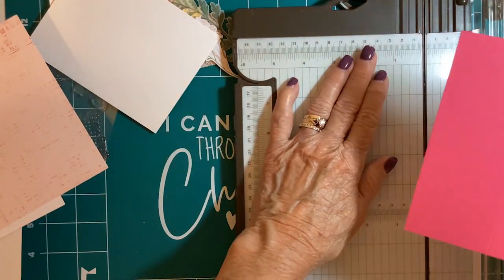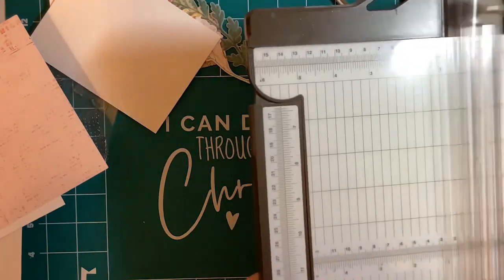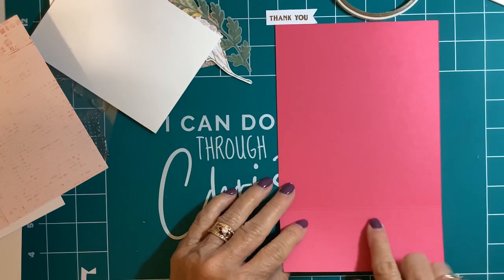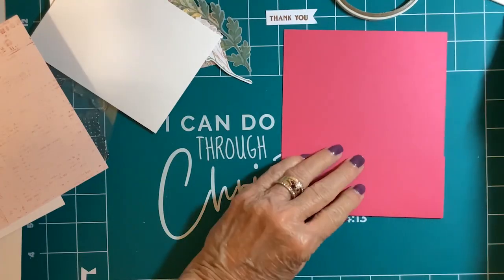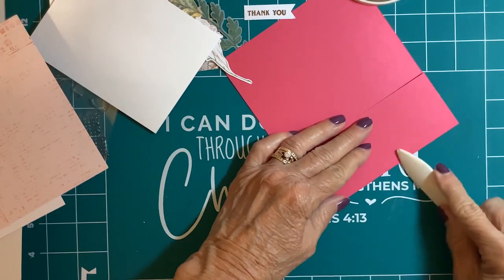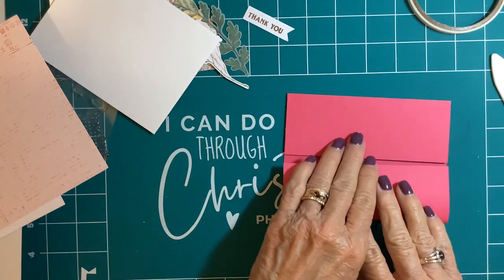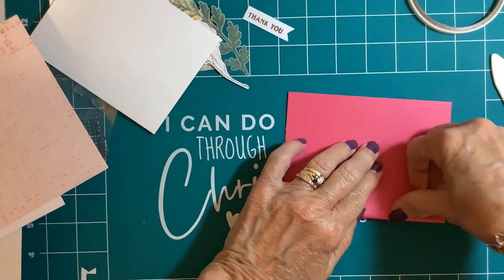Okay, so now I've made a nice score. Now I can either turn this around and score it at 2 1/8, but invariably, for me at least, I never seem to get them exactly to meet up. So I have learned to do this. You're going to fold to the bump. And yes, that is the correct way. Trust me, we owned a printing company for 16 years. I'm going to take my bone folder and give that a good score so it'll lie flat. And then I'm going to just turn the card around and meet it. It should be right at 2 1/8, but just in case it's off just a tad,